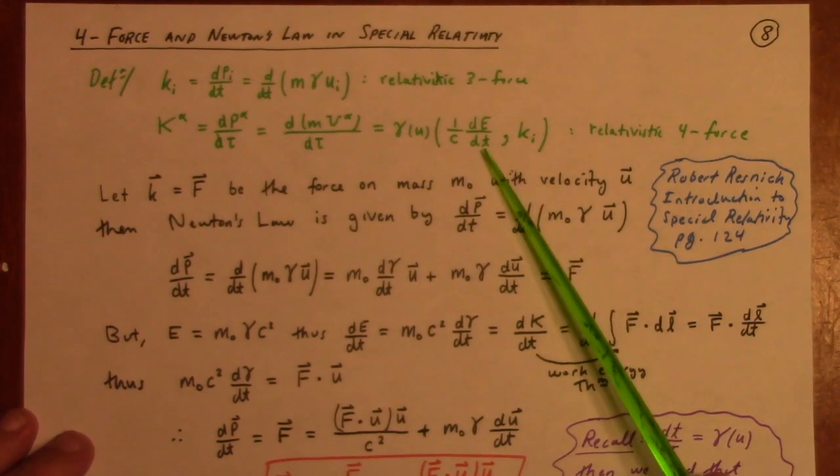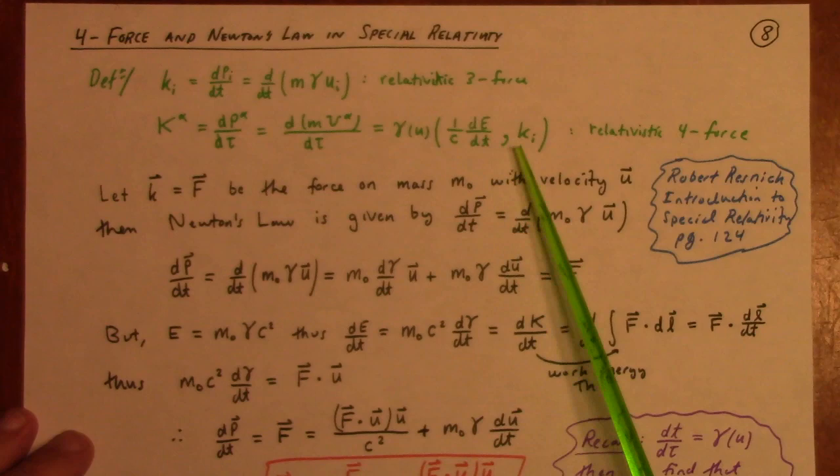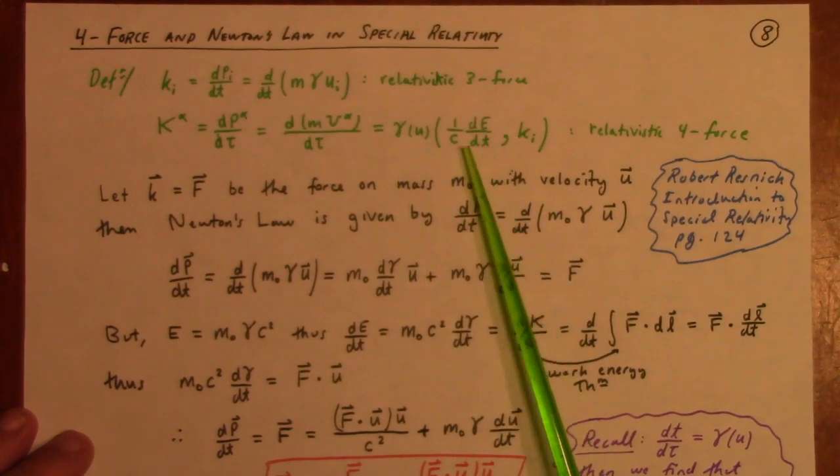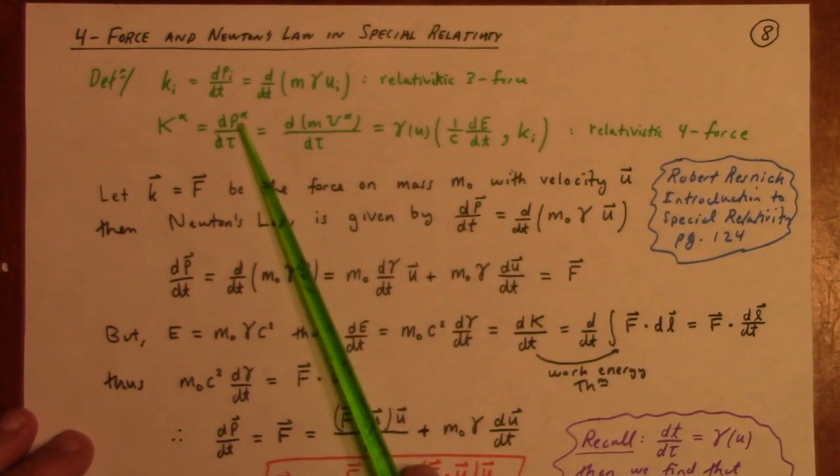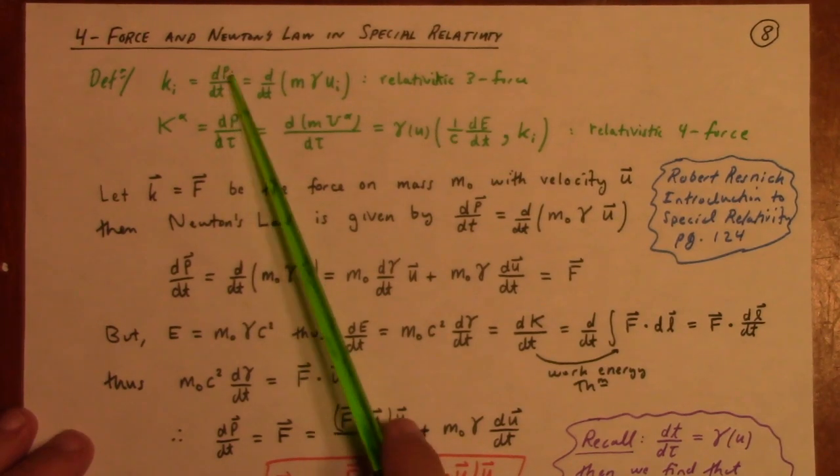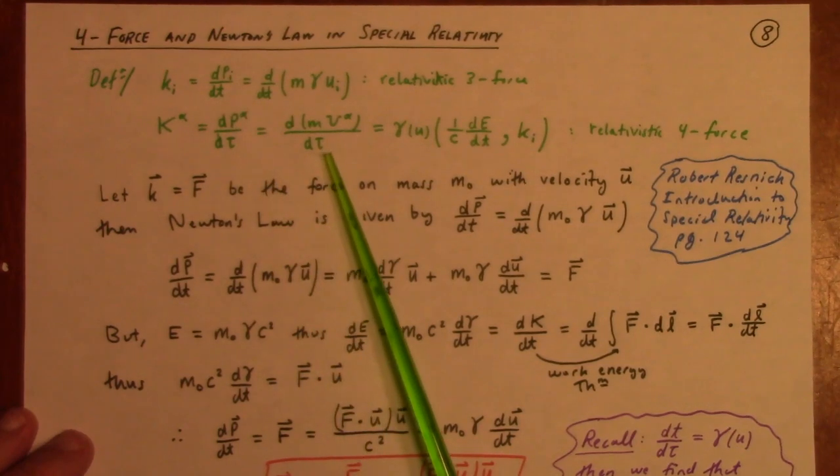I guess this makes sense. I mean, so this is fine. You just got to go back and think about what is momentum. Momentum is E over C, right? E over C, comma P, right? So when you take the derivative